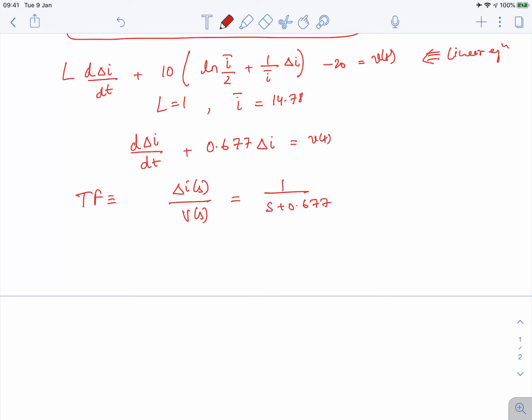If you don't have any queries in this linearization procedure and its physical significance, then I think we can